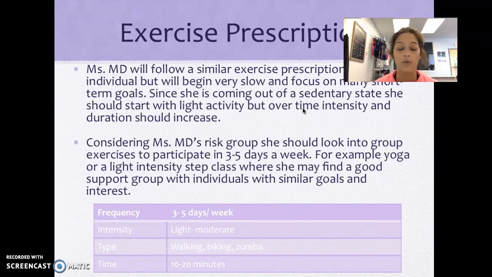So for right now, her frequency would be 3 to 5 days a week, with intensity being very light and moderate, working about 40% of her heart rate and up. The type would be walking, biking. I included Zumba because I think these are things that can also be active but make you feel better. These types of activities are also very easy to track, say, try to walk for 7 minutes straight and then increase to 11 minutes with the next walk. And these are small goals that she would be able to complete. The time should only be about 10 to 20 minutes while we start, and then we will increase